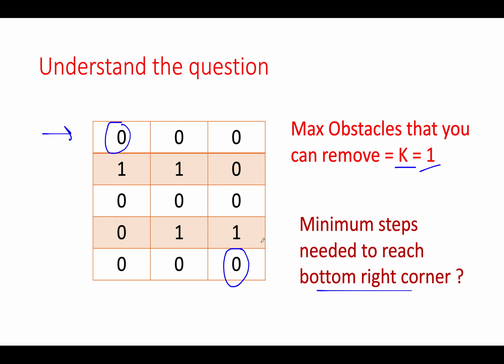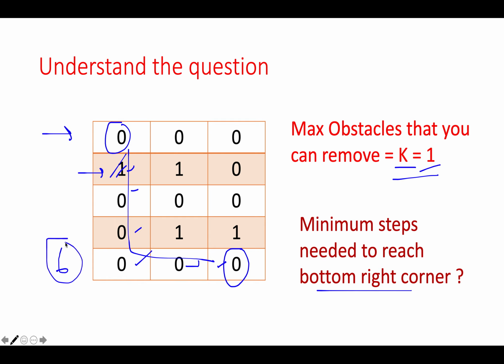So let's talk about what all ways are possible. I could see one way is this, by this route. In this path I can see only one obstacle and I can easily remove one obstacle given the value of k. So this is one possible valid path. And how many hops do I need to take? 1, 2, 3, 4, 5, 6. The answer is 6. One possible answer could be 6.